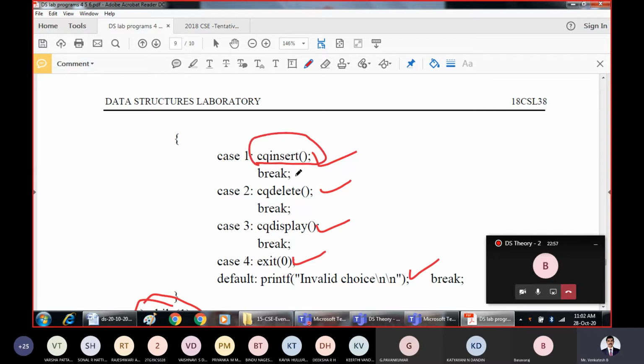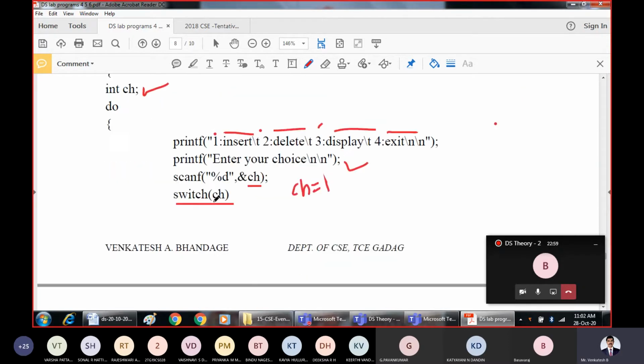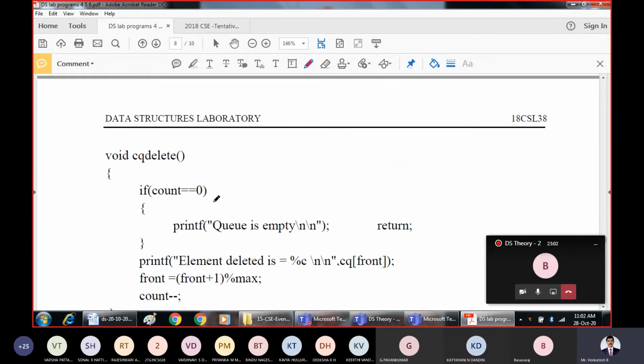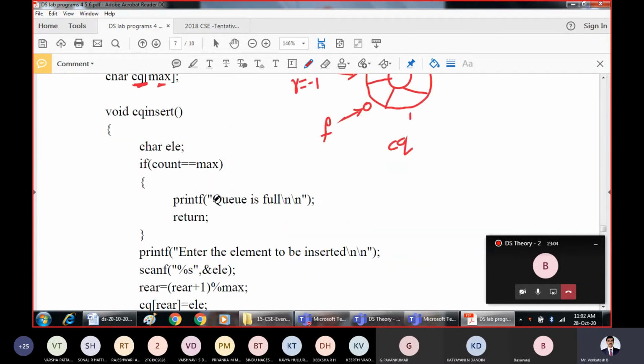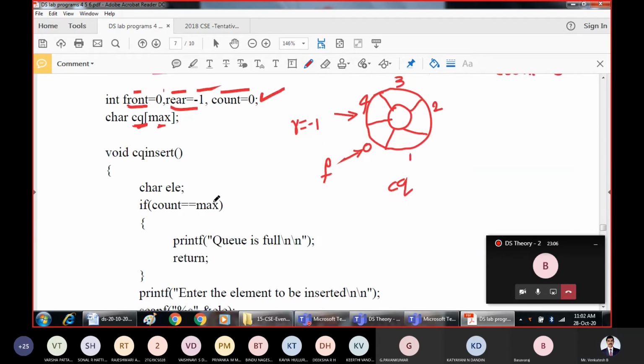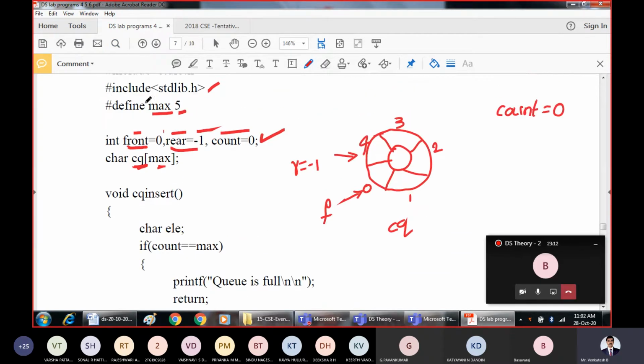Let us say you want to insert, so the CQ insert function will be called. Control will get transferred to the circular queue insert function.